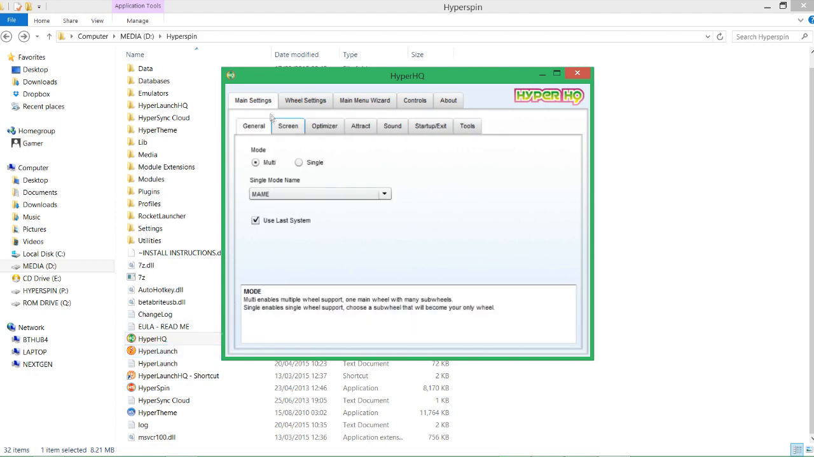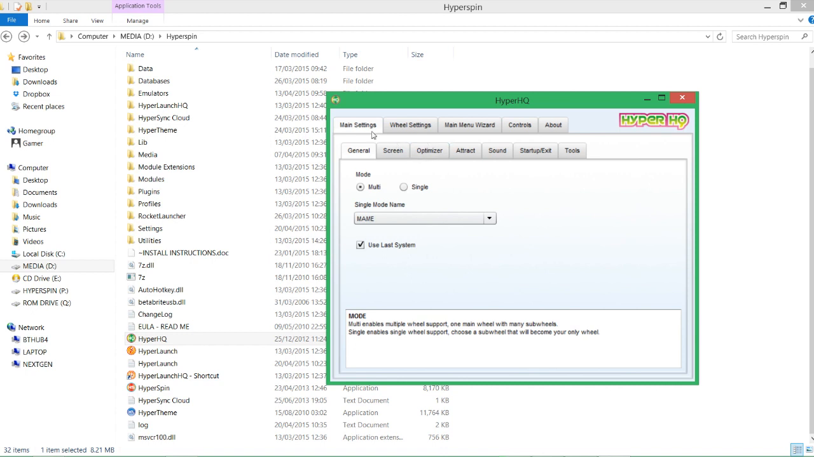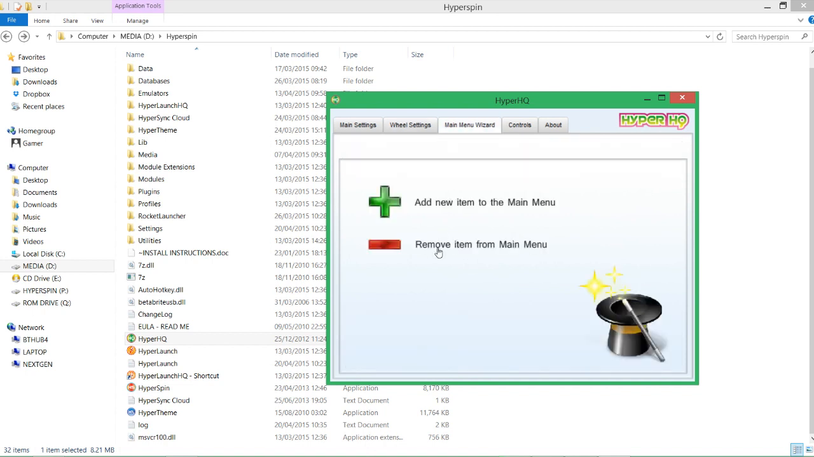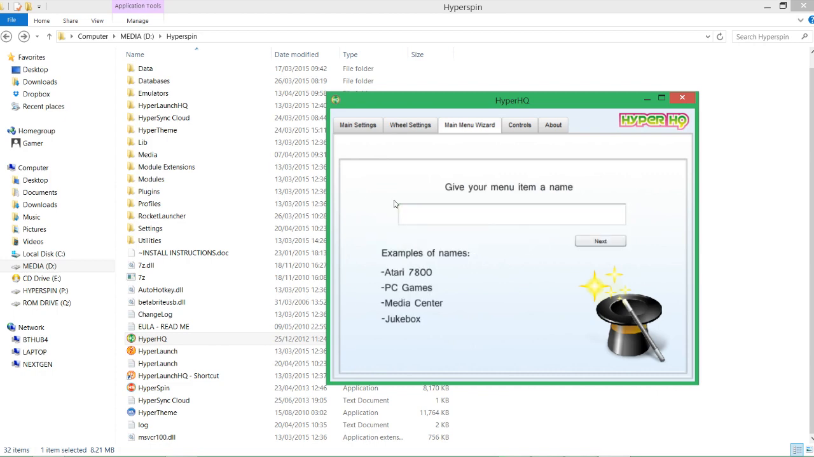Okay, so HyperHQ has loaded slowly. Click on the wheel settings. No, we don't. Ignore that. We click on the main menu wizard. Right, this is where you both add systems or take them away if you do not wish them to be on your wheel. Now, in this instance we're going to be adding a system, so click the big green plus,